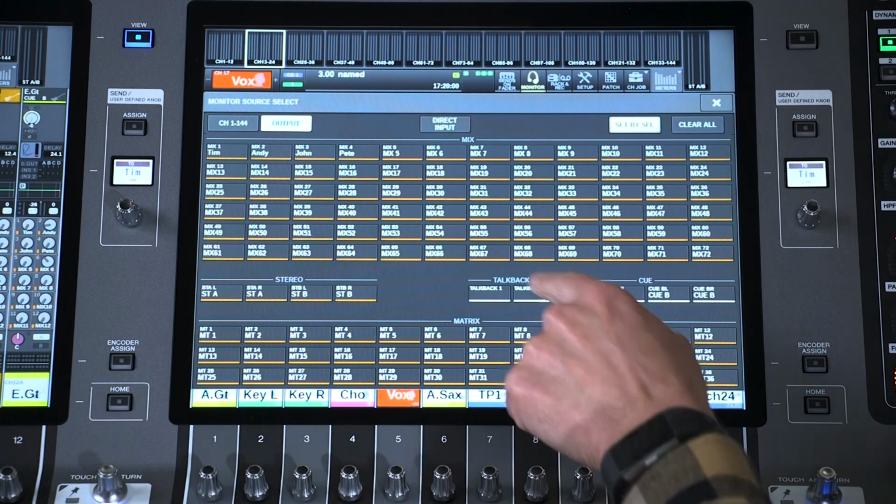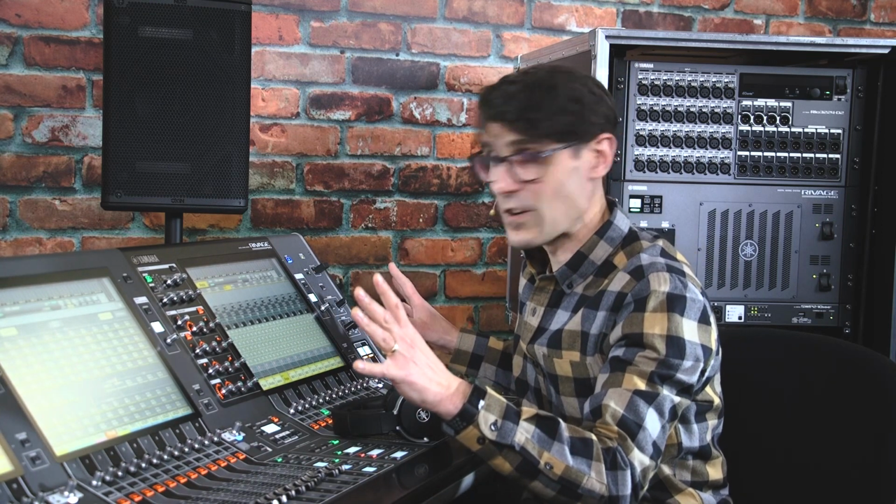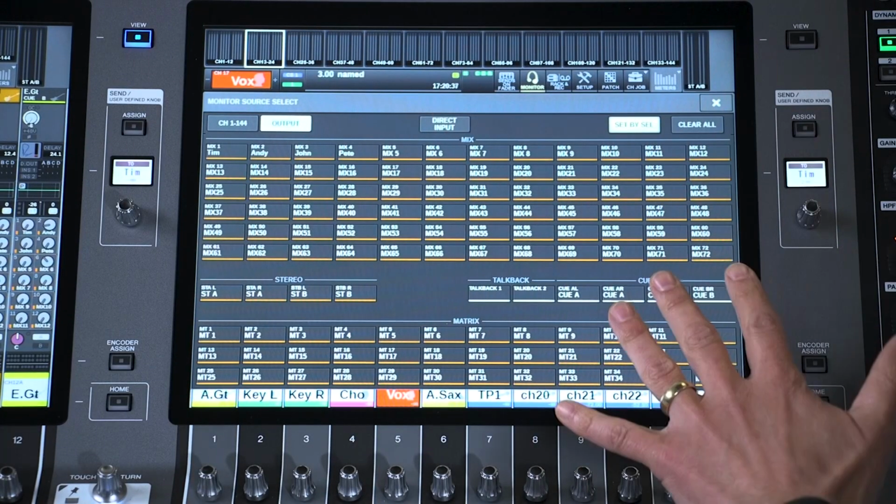Now, be careful here, because note that you could patch your own TalkBack or Q bus into the monitor. Obviously, you don't want to do that when you're working in a studio or control room with powerful loudspeakers. So let me explain a good use for this. Stage monitor engineers working at live events may use in-ear monitors to hear everything and not use any loudspeakers. Yet they need to communicate with performers and technical colleagues while keeping an ear on the show. From the monitor source select, you can do it all.